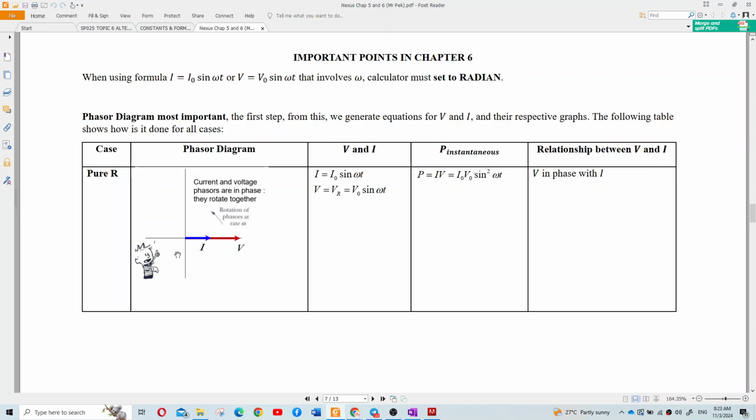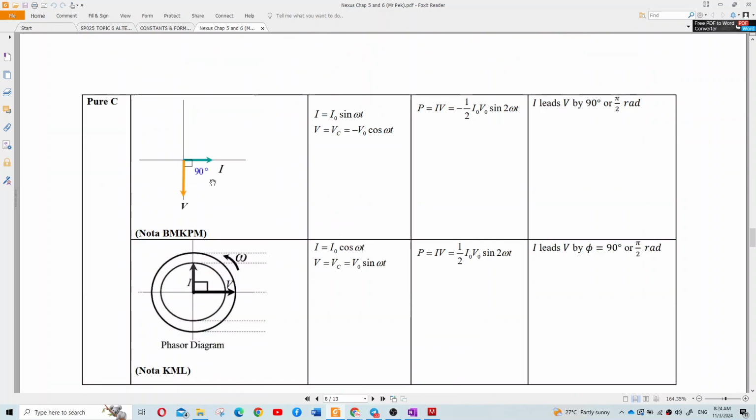current. Right. So for a pure resistor, the voltage and current are in phase. They rotate together. So this is a sine equation. Current is sine, voltage is sine also. Power later. Power, we multiply these two formulas, the instantaneous power, then we get this formula. So you can see the relationship between V and I, they are in phase, so they travel together. And then pure capacitor is